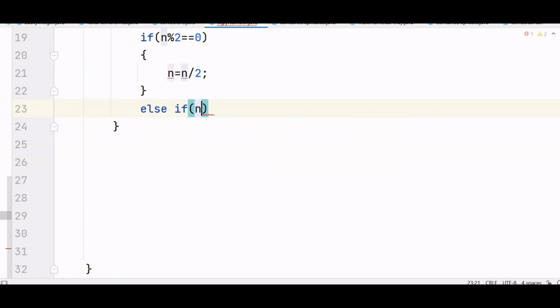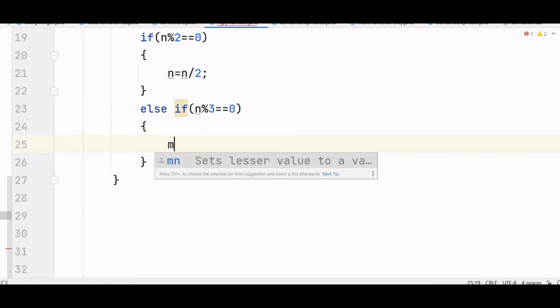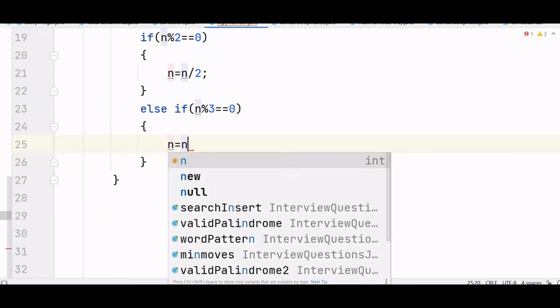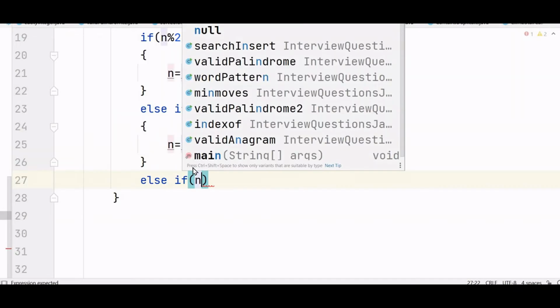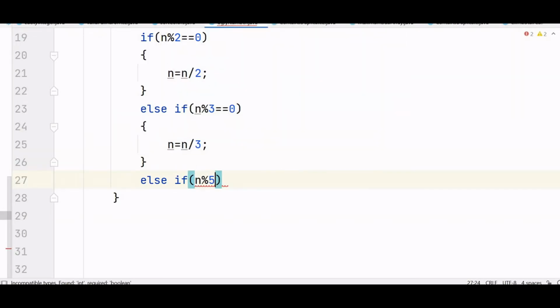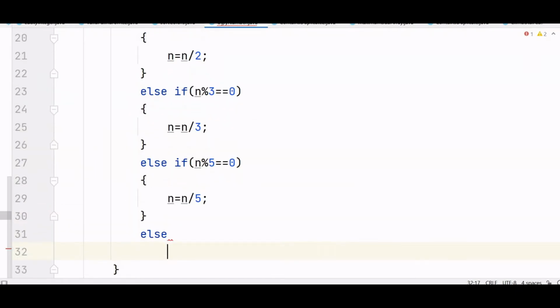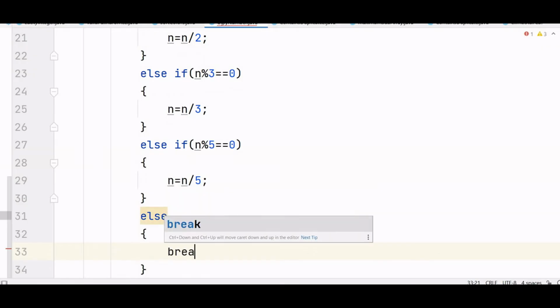Else if the number is divisible by 3, then you can divide that number by 3. And what was the other factor? 5. Else if the number is divisible by 5, then you can divide that number by 5, correct? And at last, if it is not divisible, then we can break the loop.